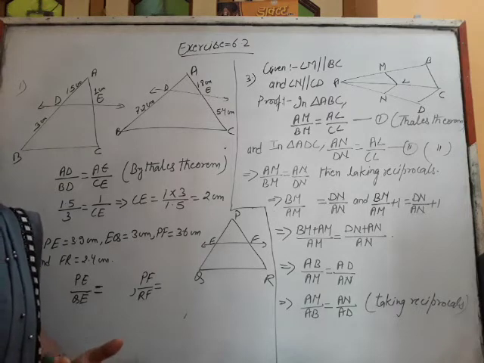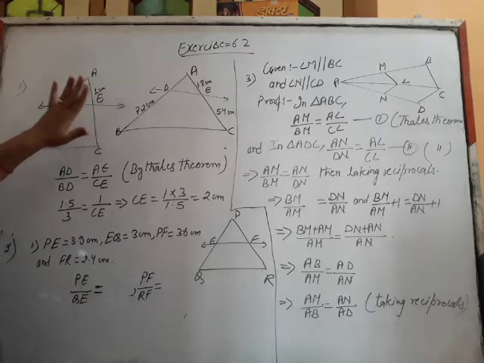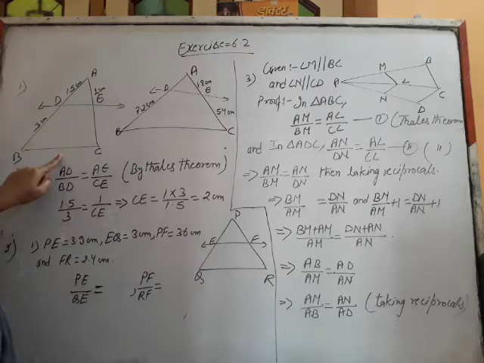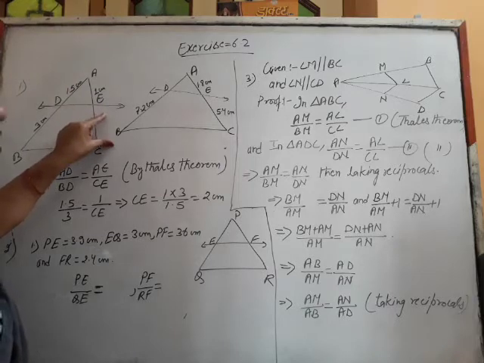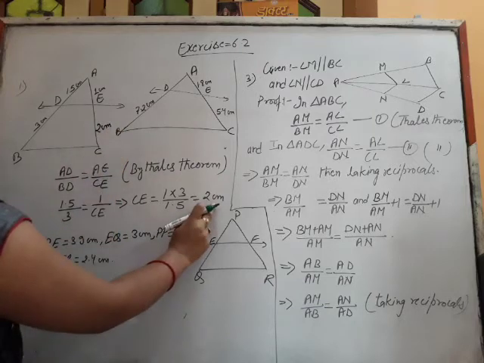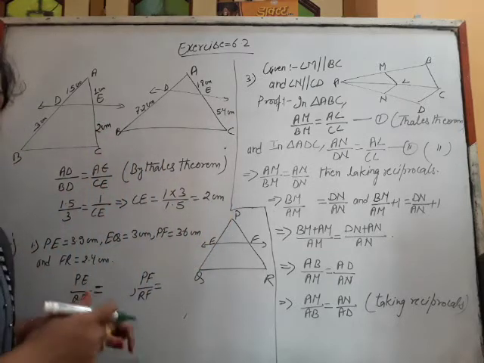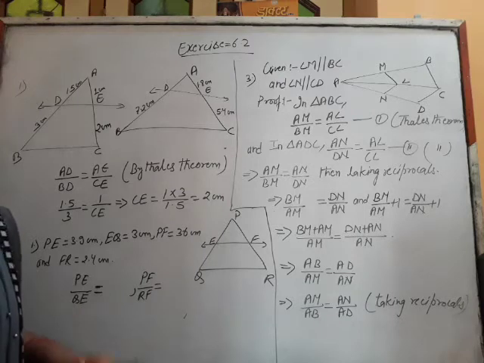So we need to check whether the ratios are equal or not. Because DE is parallel to BC, they will be in the same ratio. So 1.5 and 3: 3 is the double of 1.5. So this much is the double of this much. Similarly, it will be here also. So what will be the double of 1? 2. So 2 is the answer of this question with the help of Thales theorem, and by simply observing the figure also, we are getting the same answer.